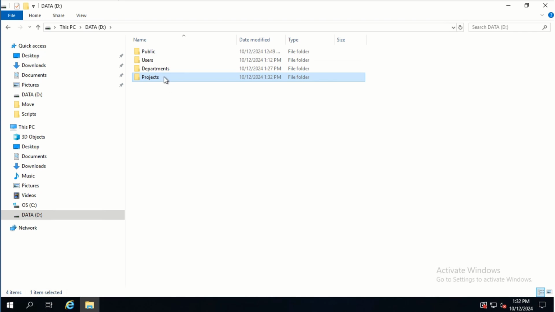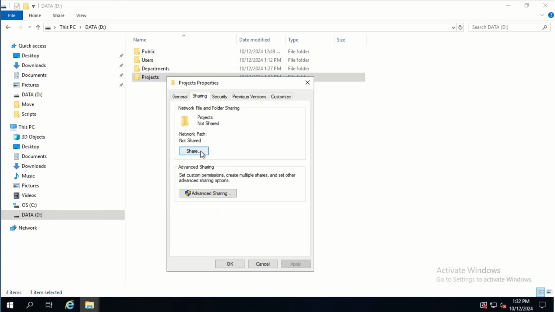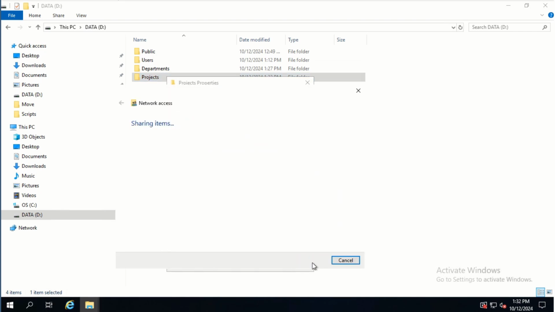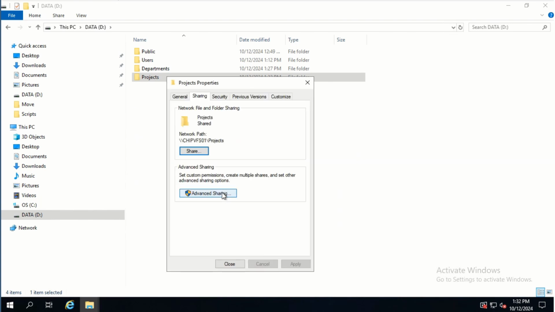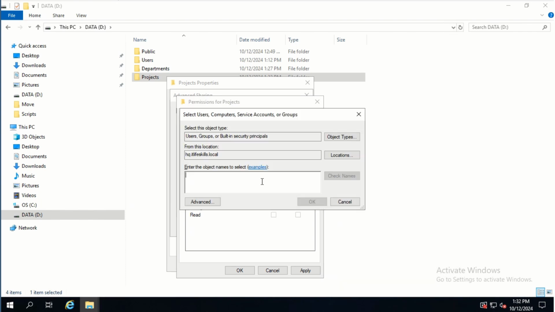To do that, we need to right click on the projects folder and click properties and click sharing and click on share, and we click share and click done and click on advanced sharing and click permissions, and here we remove all the entries and click add,